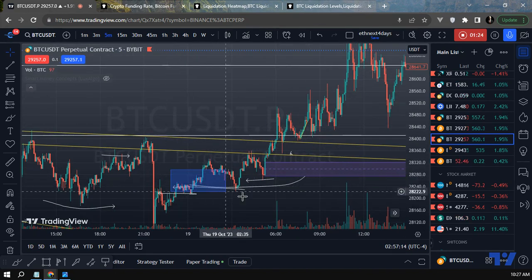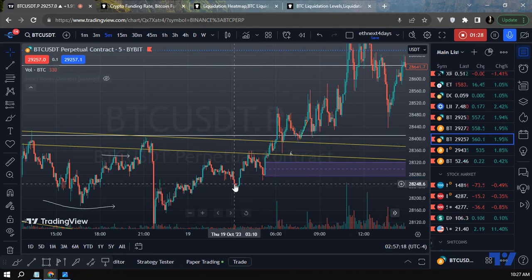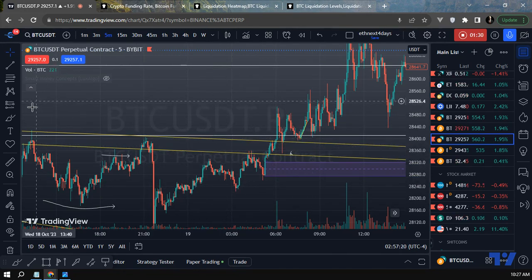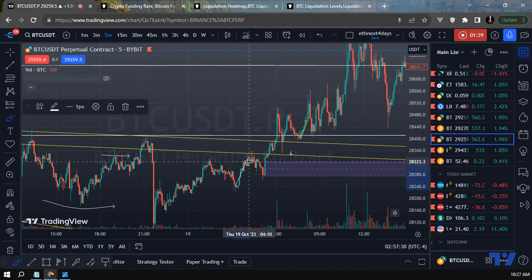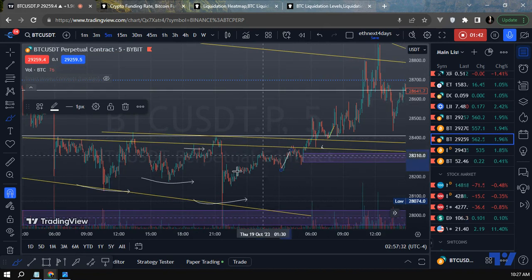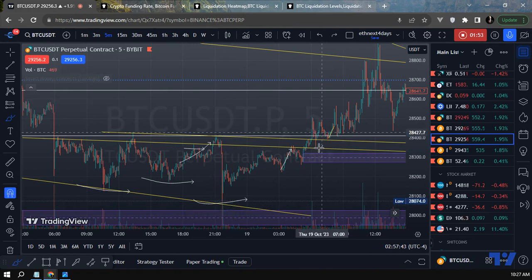Now, you might find a little bit of similarity between this move and this move, okay? Not maybe to the tee, but if we want to do a price action analysis between these two, as we could see right here, we went up, right? Sorry, I gotta come a little bit lower. All right, so right here is actually this one. We went up, and here we went up, came back down, cleared the liquidity, and we came back down and cleared the liquidity from here.